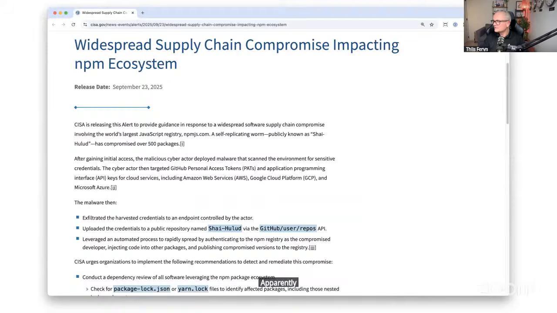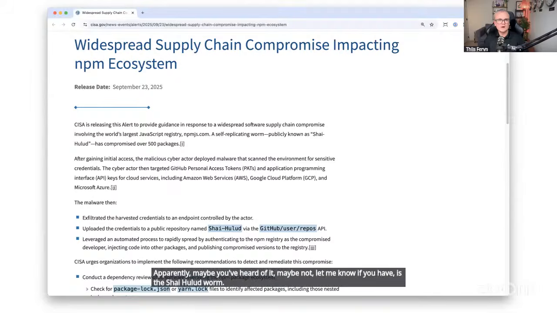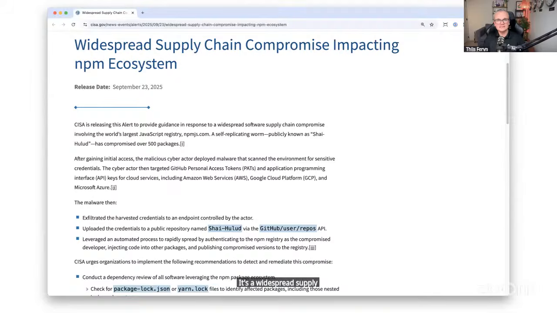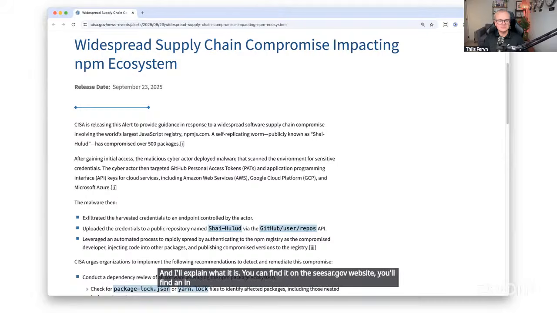Apparently, maybe you've heard of it, maybe not. Let me know if you have, is the Shai-Hulud worm. It's a widespread supply chain compromise, specifically targeted at NPM. And I'll explain what it is. You can find it on the CISA.gov website. You'll find an in-depth description, but let me break it down for you so you understand what the typical risk